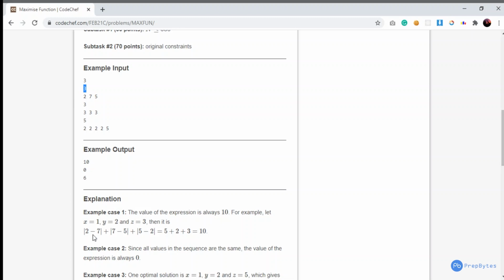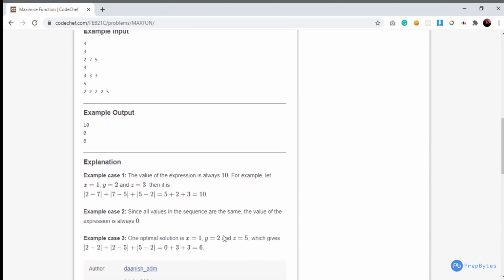For 2 7 5, if we take x equals 1, y equals 2 and z equals 3, that is, the sequence 2, 7 and 5, then 2 minus 7, 7 minus 5 and 5 minus 2, or the other way around, we get an output of 10.